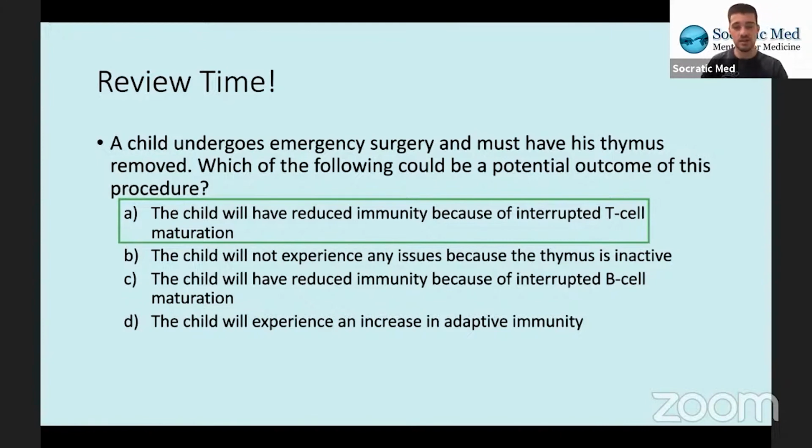The child will experience an increase in adaptive immunity. Probably not. Just because the child will have reduced immunity because of interrupted T cell maturation. That's really what is going to happen, because T cells are still under the process of maturing, and we're still selecting which specific T cells we want to let out into circulation. So if you remove a thymus while that's happening,